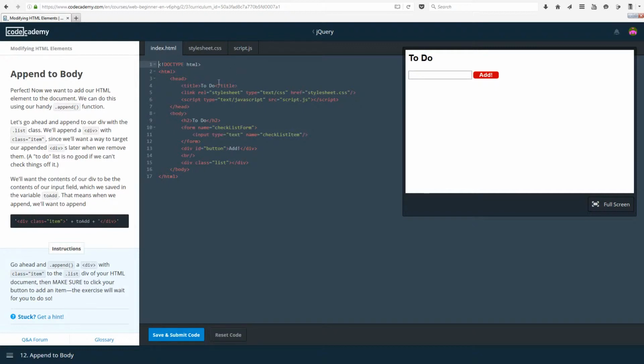So perfect, now we want to add our HTML element to the document. So what we have entered into the text box, we want to actually display it in our HTML. So we can do this using our handy .append function. So from the variable we're going to be appending it to our HTML now. Let's go ahead and append to our div with the .list class. We'll append a div with class equals item, since we'll want a way to target our appended divs later when we remove them. A to-do list is no good if we can't